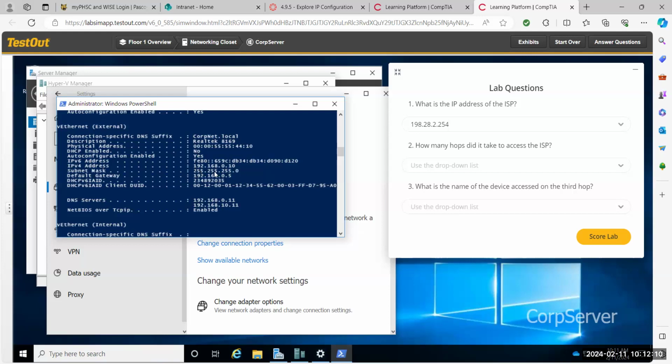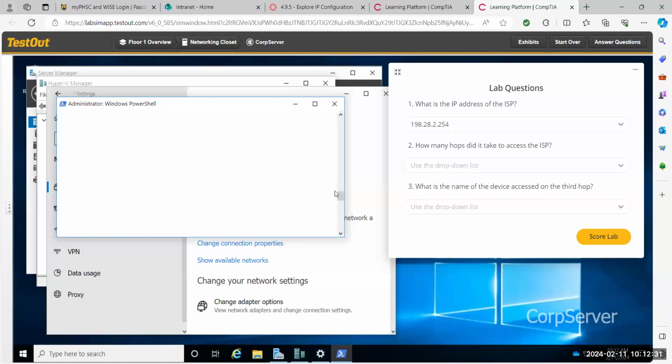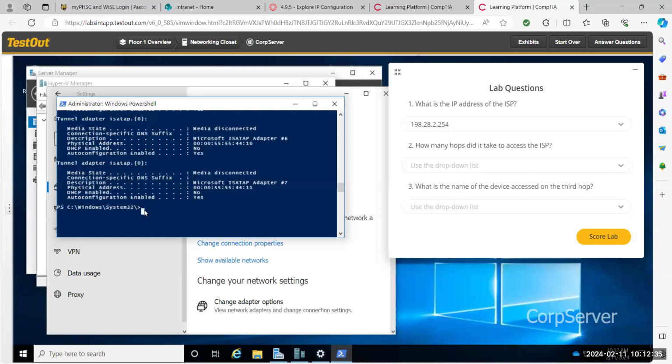It'll mess up your system. Your subnet mask is 255.255.255. That's right. The IPv4 address is 192.168.0.10, which matches the instructions. And then the default gateway is this 192.168. Okay, so from the PowerShell prompt, so right here at the bottom,